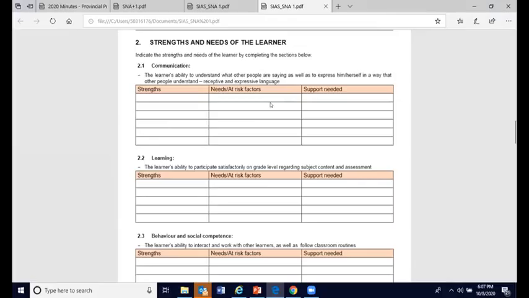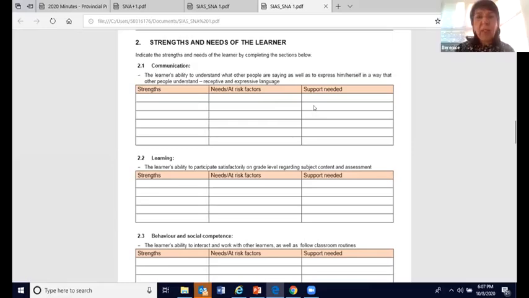So as she's a girl, she has a difficulty to speak. So I think that she needs support for that.